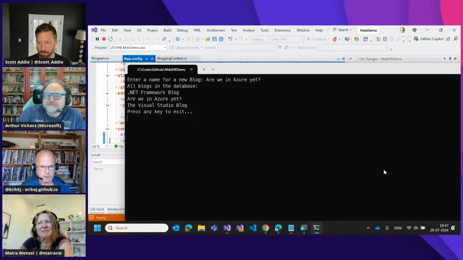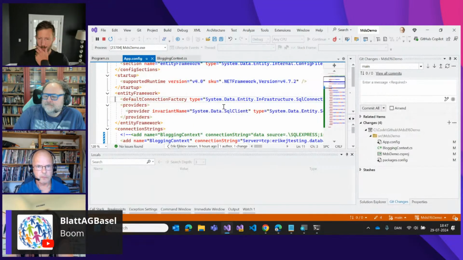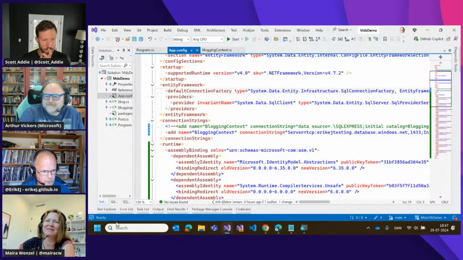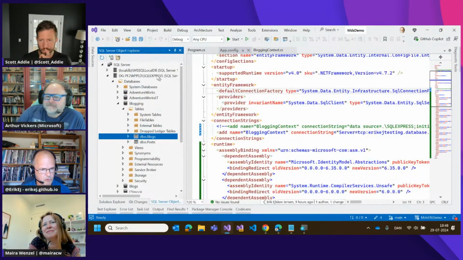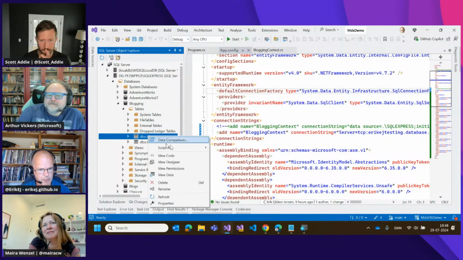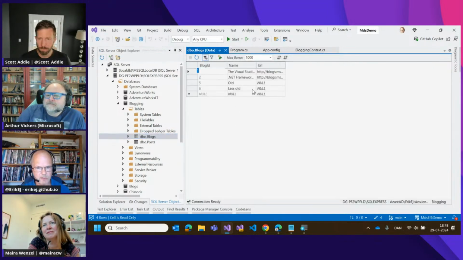But nonetheless, you can see we only had 3 rows now, and for the sake of people who doubt this, let's go and check my local database. So I'm now looking at my local database and viewing the data here. Okay, we only see these old things here.